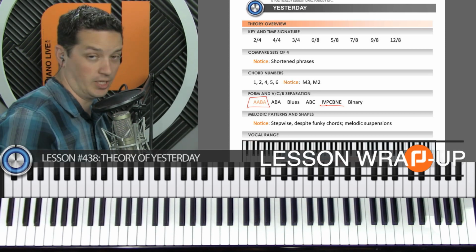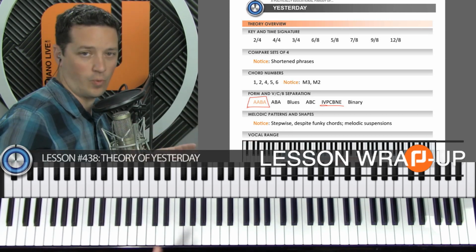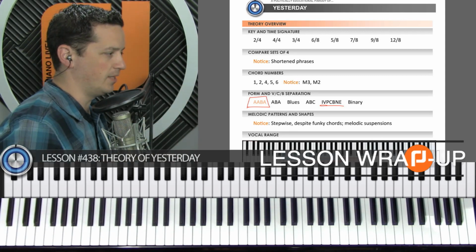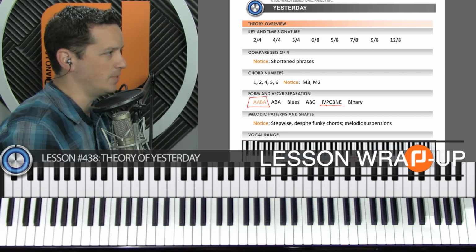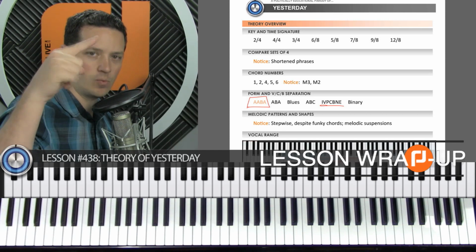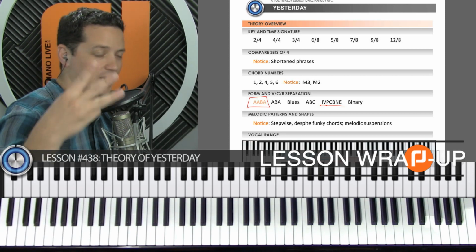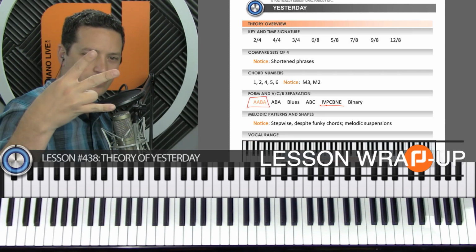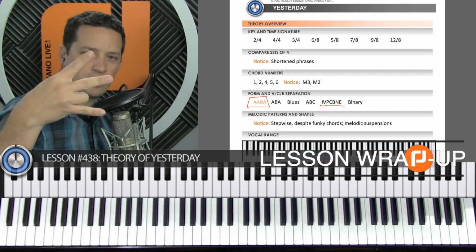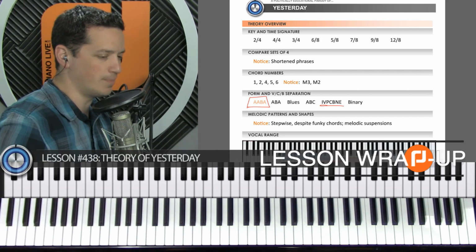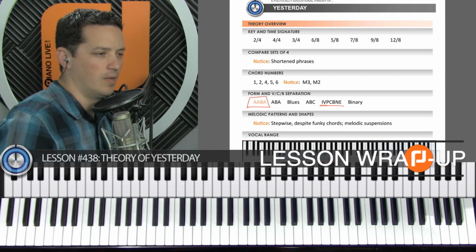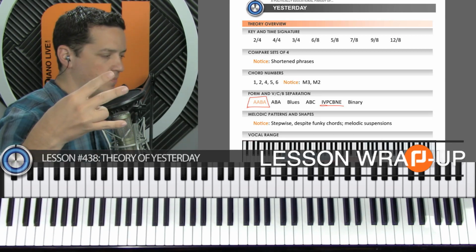And usually we have measures in sets of 4. So a verse would be either 4 or 8 or 12 or 16. But in this case, they have a lot of 7 measure phrases, because they have one of them, and that same exact one gets repeated 3 times in the song because of the A, B, A format. So this one is different, and then those 3 all have 7 measures in them. So they're all the same, which makes that a little bit more predictable. It doesn't sound quite as weird when you do it 3 times in a row. So there's 2 of the same, and then something different.